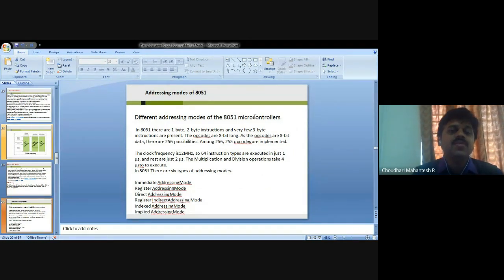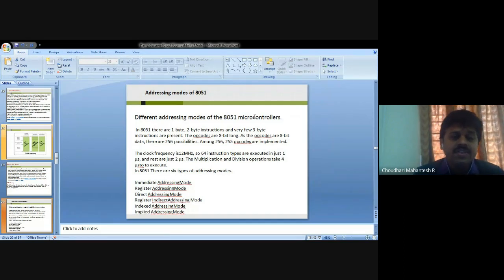Addressing modes refer to how you push the values you have, or whether the code is direct code, indirect code, or address based code, which address or path you are trying to move to, and whether it is register based or index based. We need to know a few more things here.